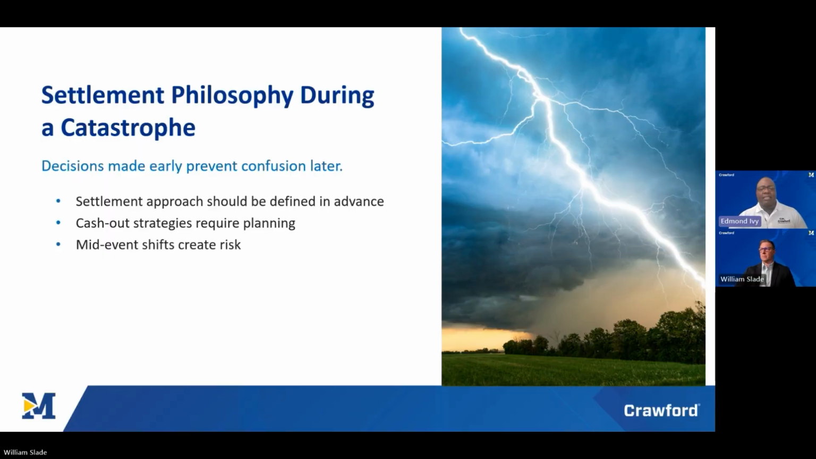Planning and communicating the settlement philosophies in advance of a CAT is important so that confusion doesn't occur. What do you mean confusion? Well, let me give you an example. Knowing there are building materials on back order, or supply chain delays in completing roof repairs for a hail event,